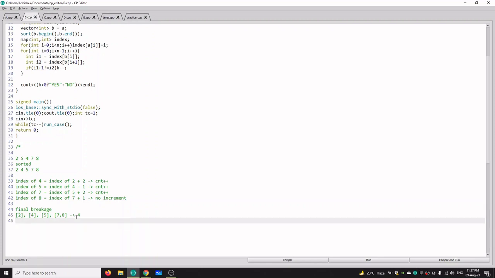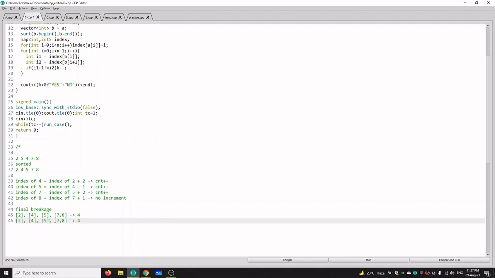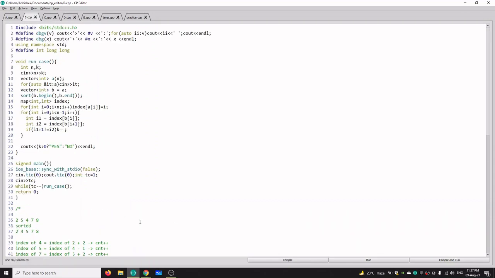If our k is given as 5, then we can easily split these subarrays into one more subarray, so it will also work because our minimum value is 4, which is less than 5, so we can always make this kind of solution. So that's what we are doing here.